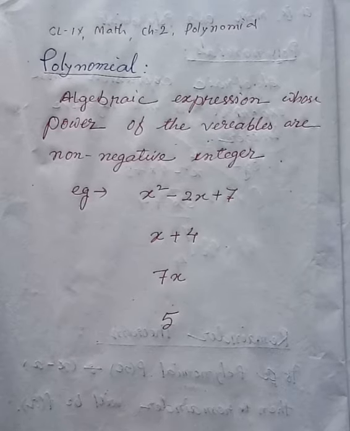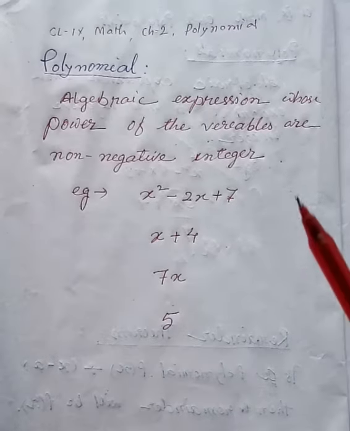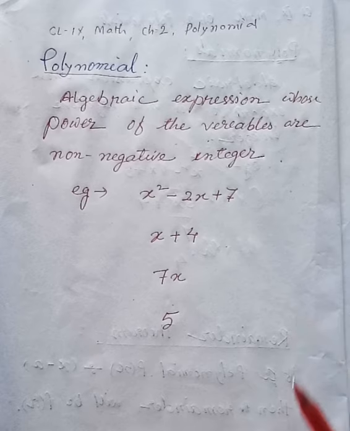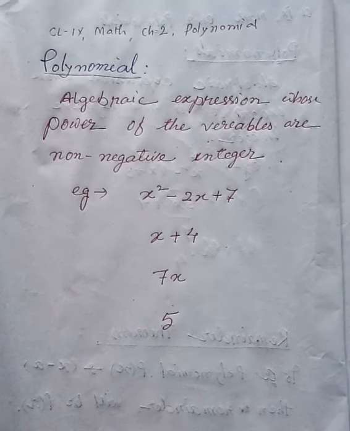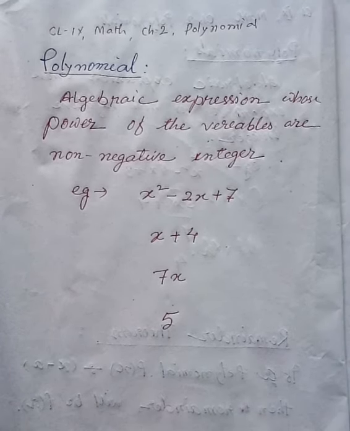This is for class 9 mathematics, chapter 2 polynomial. So for chapter 2 you have to know a few basic things so that you can solve the problems in chapter 2. You can solve all the exercises in chapter 2 after knowing only 3 things in this chapter,